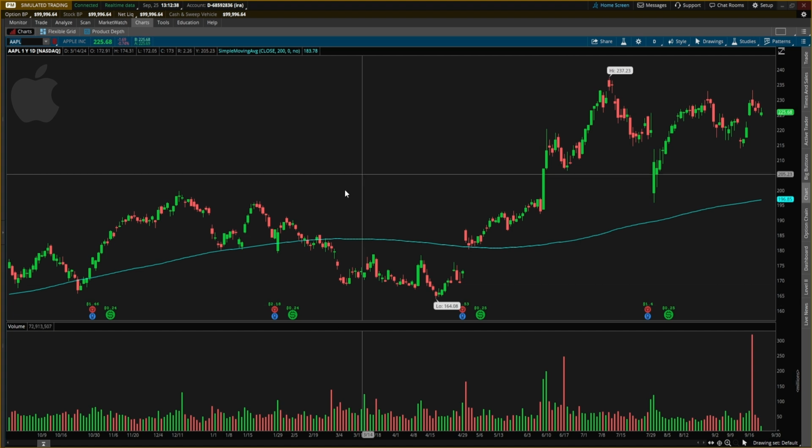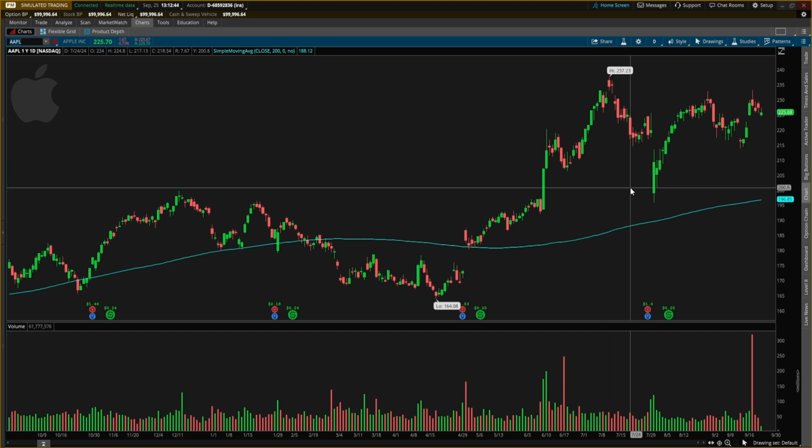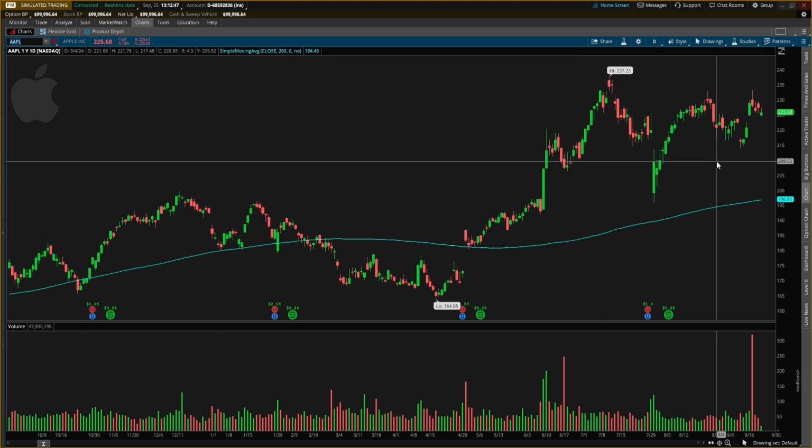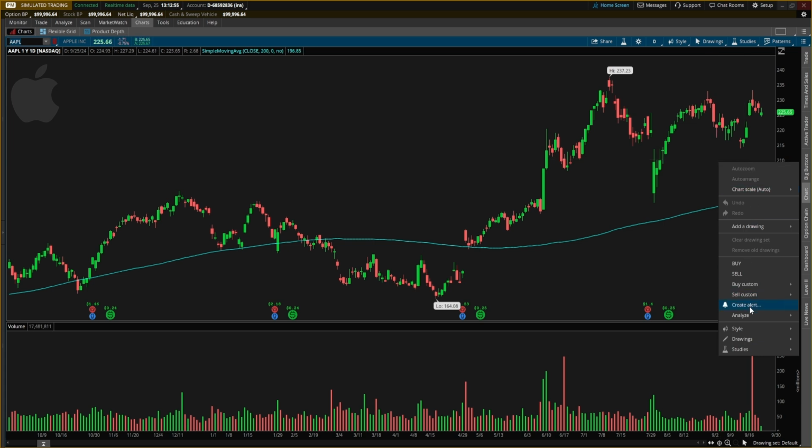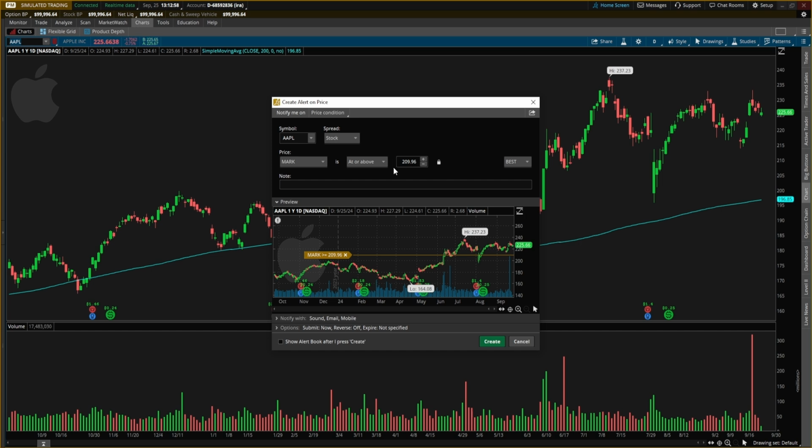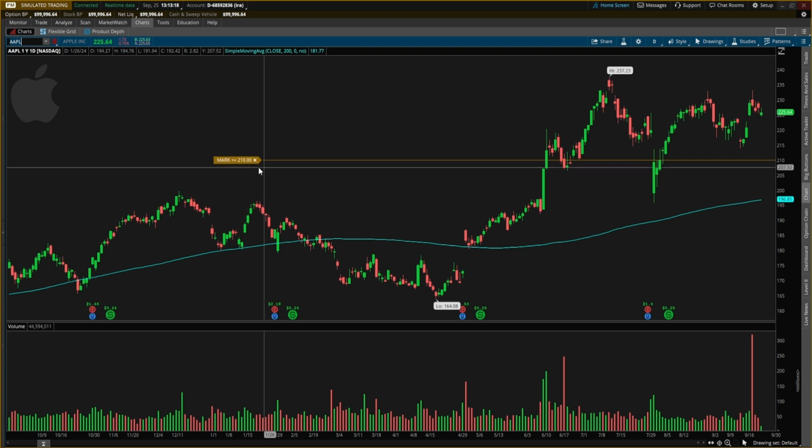Back on my daily large chart here, looking at Apple. Say I would like to know if Apple breaks below 210 on its daily chart, because I might consider buying it below that level. I can right click at about that price and hit create alert. That will try to create an alert at exactly the price I right clicked. I, of course, could fine tune that if I want it to be exactly 210. You can then choose either at or above or at or below when the price hits. I will be alerted. Of course, I want it below 210, so I'm going to go ahead and create that